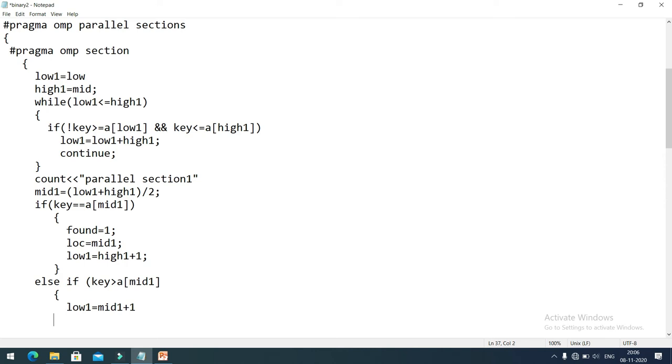So we are comparing here, if the key is greater than the mid value, in that case we need to readjust our lower pointer. So low 1 will now be mid 1 plus 1. So simply ignoring the first part.